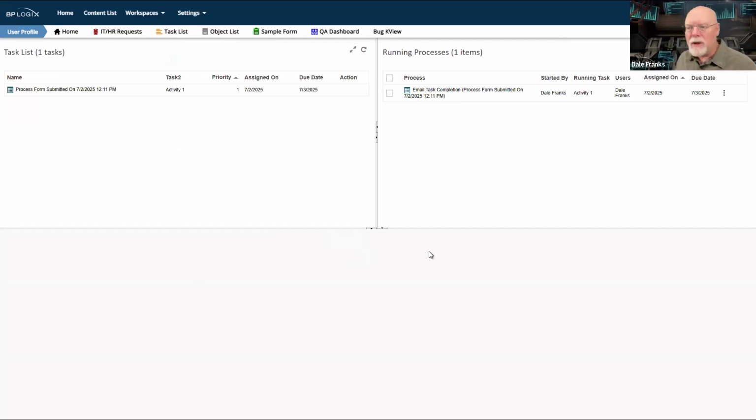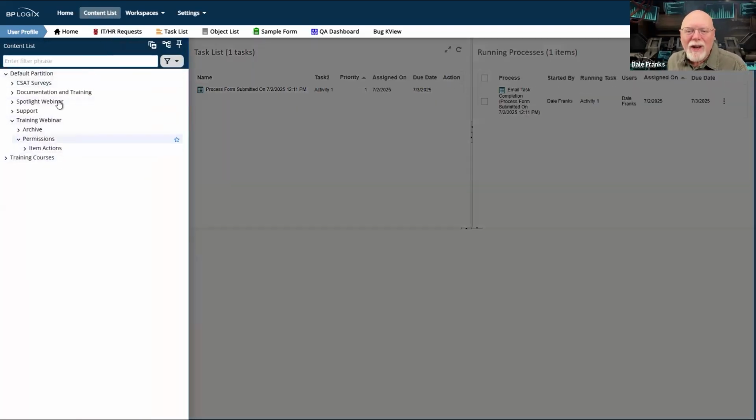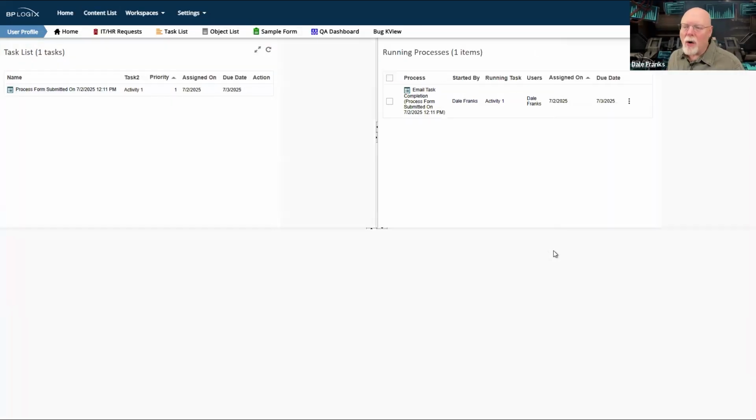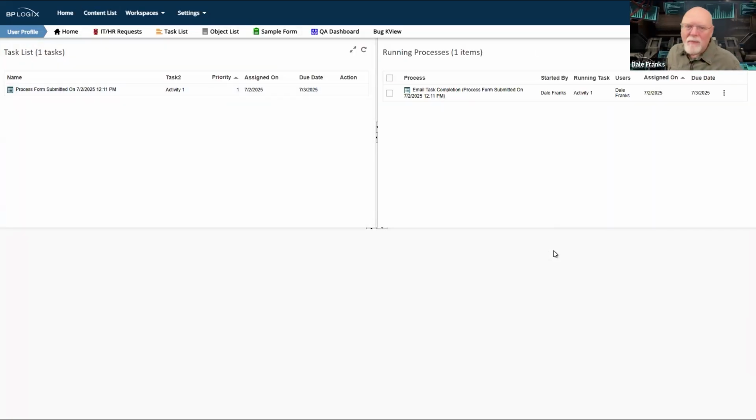And in the user's profile page, you can give them access to the content list or turn it off, and it's off for everybody by default. So they can't even really look in the content list. So in most cases, for an end user who is going to see a user interface like this, what they can touch are the things that you allow them to touch in this interface.